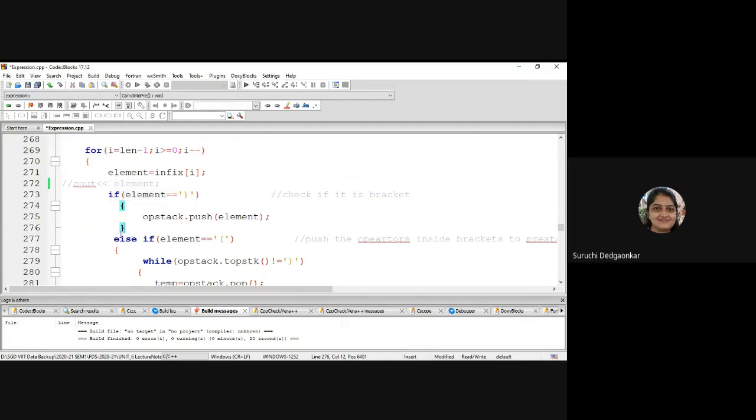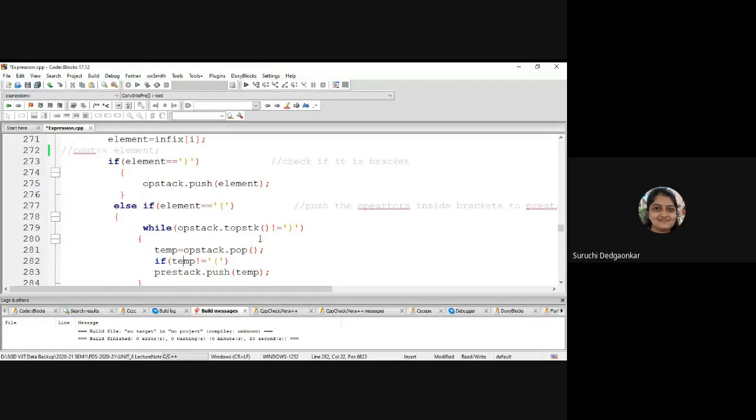If it is an opening bracket, then pop from the stack until the closing bracket is popped. Now we are accessing the expression from right to left. So if it is a closing bracket, we are pushing. If an opening bracket comes, we will pop until the respective closing bracket is popped. Okay.